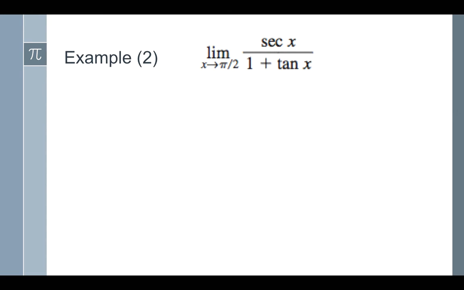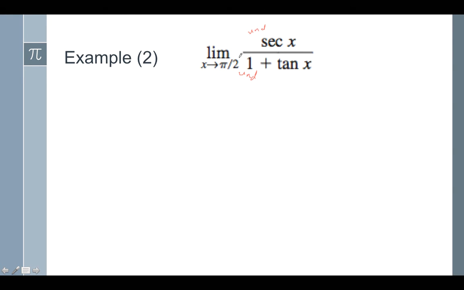The limit as x approaches pi halves of secant x divided by 1 plus tangent x. So what we're going to do here is think about plugging in pi halves. Well, if I plug in pi halves, I get some bad stuff happening. Secant of pi halves is undefined, and tangent of pi halves is also undefined. So what we need to do is look at